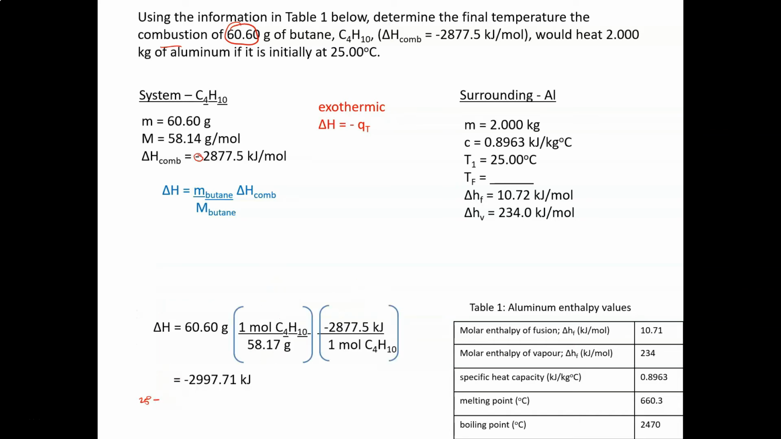So the first step will be to determine the total energy that is present in our system, or that our system releases. And so now all we have to do is take our moles and multiply by our molar enthalpy, and it tells us how much energy our system releases. So now I know my system releases this much energy, and I know that delta H is equal to negative Q_T, so my total energy is equal to negative delta H, which is equal to